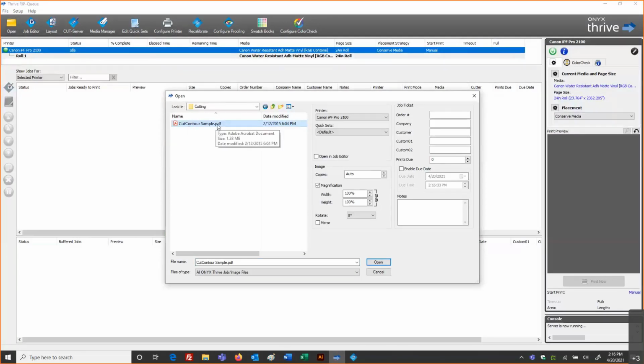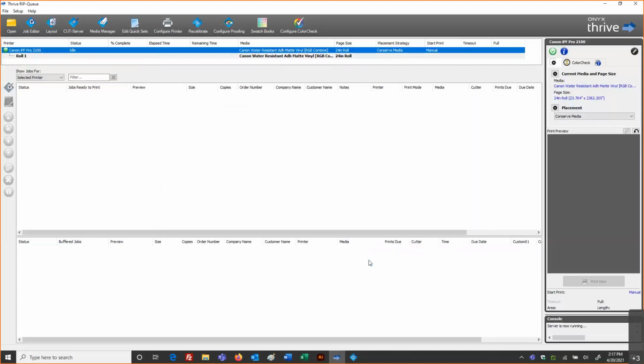I'll select cut contour sample. I will choose my quick set for that GraphTech cutter, so very important. I'll bring that in with the open command. And my file is going to come into the RIP.